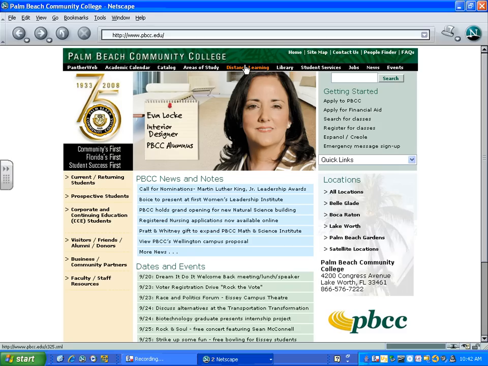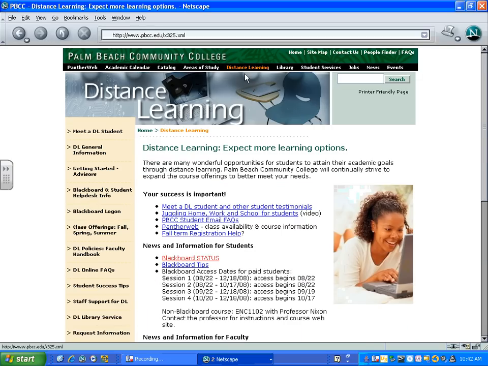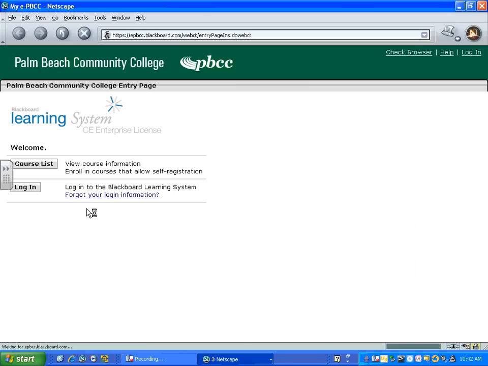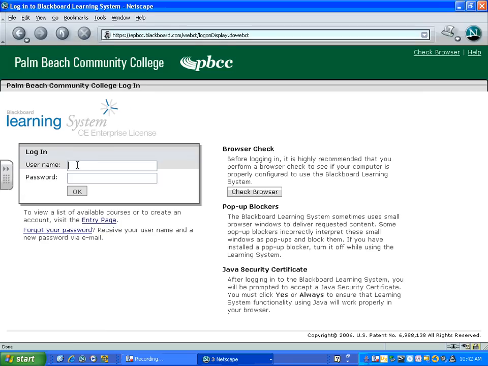I'm going to show you how to log on to use the Blackboard component. You should be on the PBCC homepage and log into distance learning and then log in to Blackboard. I'm going to log in as a guest, so this is just a funny password I have. But you'll get a username and an ID from the college. You log in